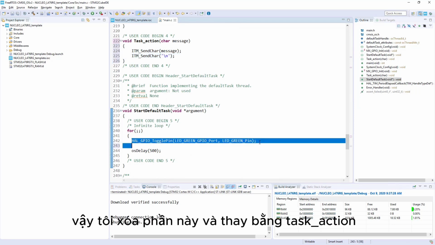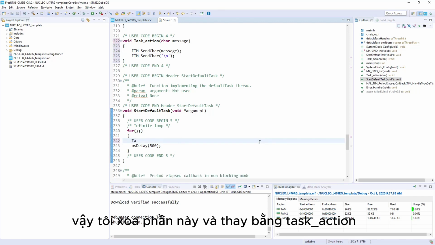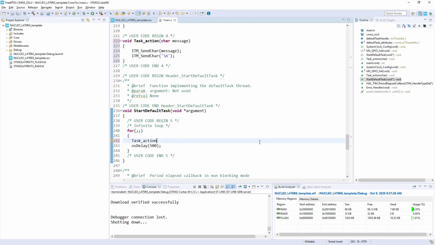So I would remove this one and I would use task action, and I would send one. Okay, so after this I would compile the code,